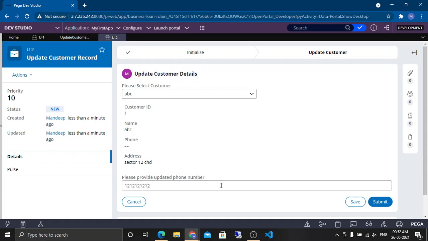If you put some number here, and he submits, this should be updated for this customer ABC. I want to update his phone number, and not only for this case, because in the earlier configuration, we were just loading the data onto the case and processing the case, not committing back. Now this data, whatever I'm putting here, should go to the DB. And if I create one more case and select ABC, it should get me this updated phone number as well.